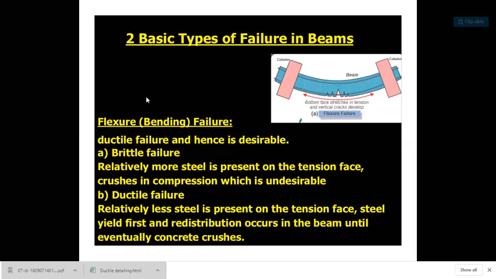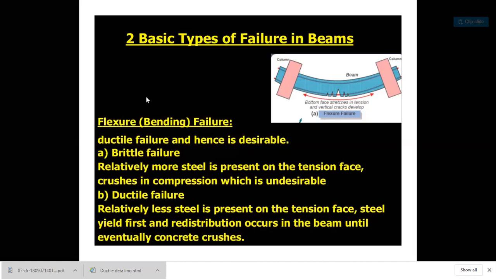And lastly, we will get an idea about the failure of the beam. But in the brittle behavior there is no intimation from the component, automatically there is a collapse of the structure, collapse of the component will occur. So we have to induce the ductility property in our component.